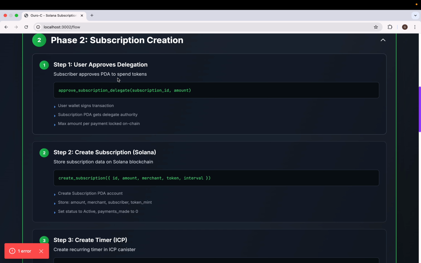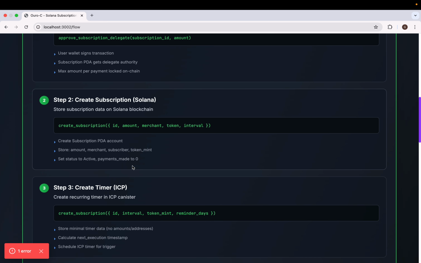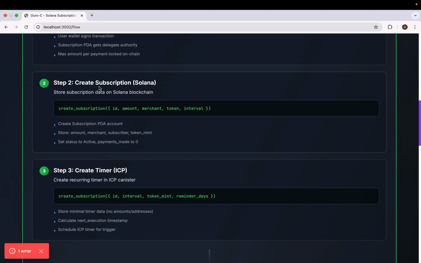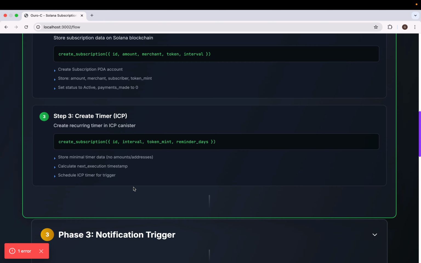So we chose this delegation option instead of escrow. So the subscription dataset is created, and the data is fed to ICP to create a subscription dataset on ICP, preparing for the timer and